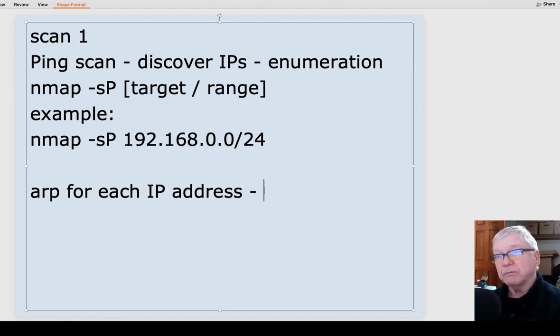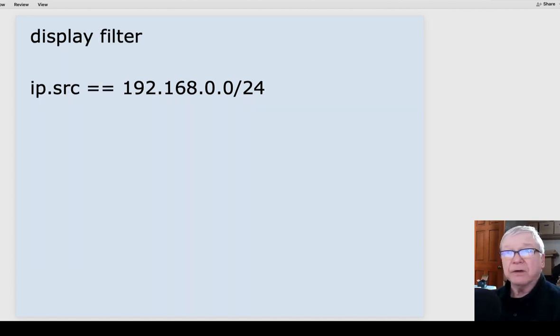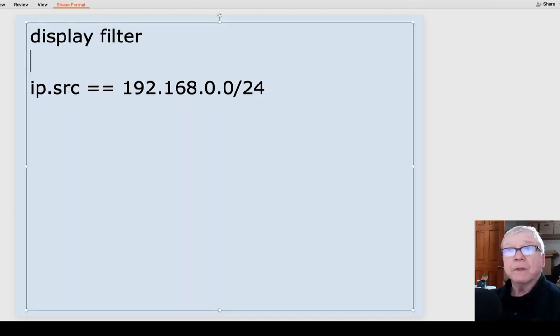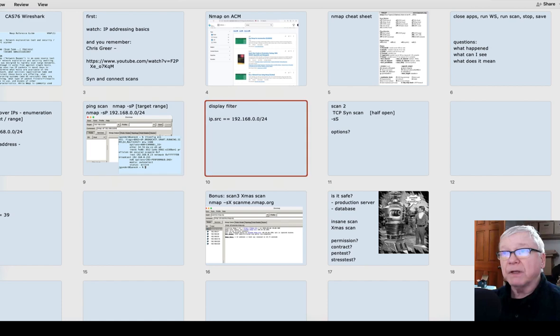If I was writing a report, that's what I would probably talk about with this particular scan. I checked my system to see what network I was on. I did an enumeration scan of that address range, and that's what I found. Now I could have a display filter. Actually, no, I'm going to get rid of that because we didn't make use of that.